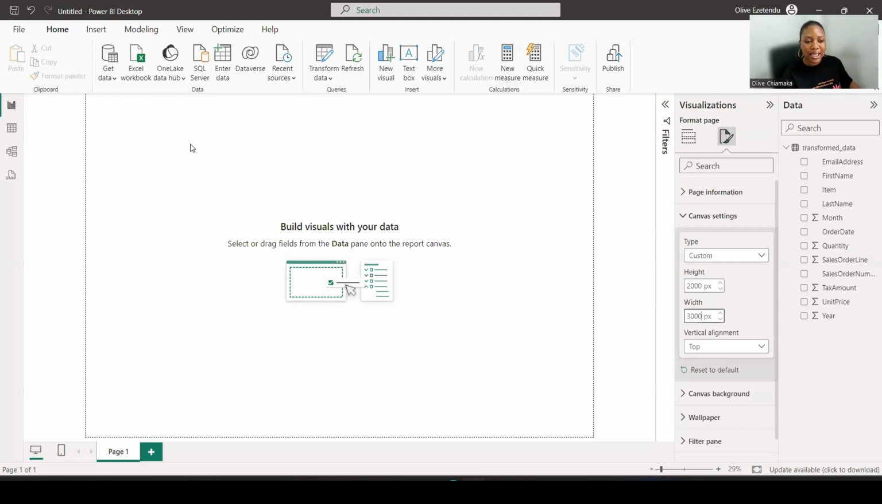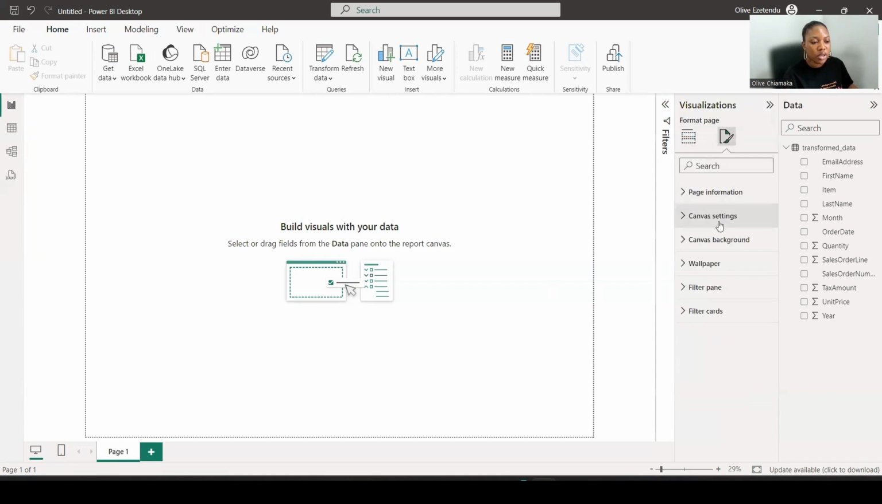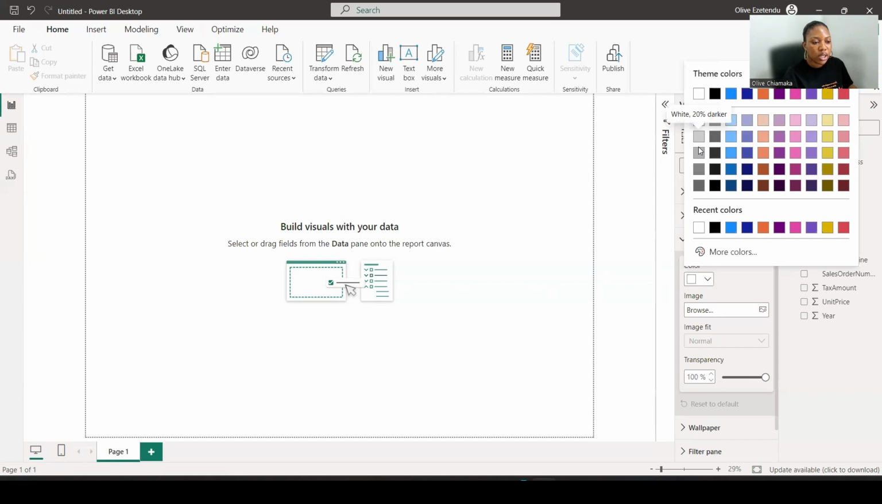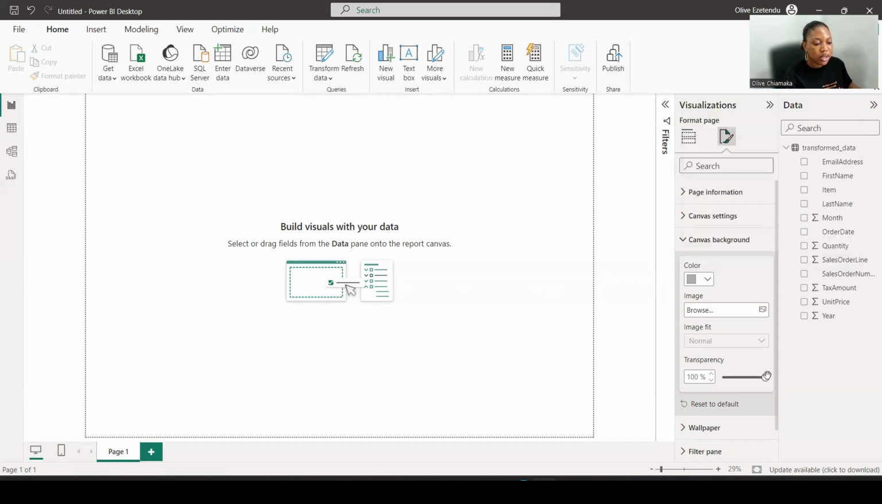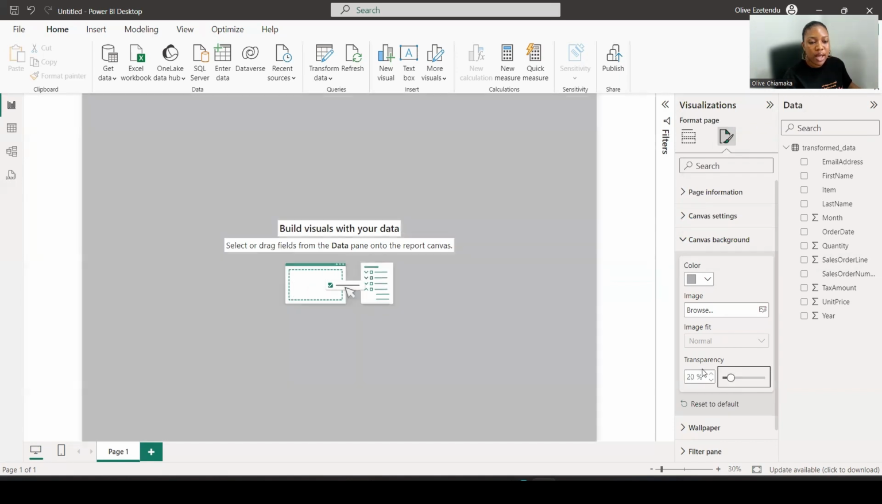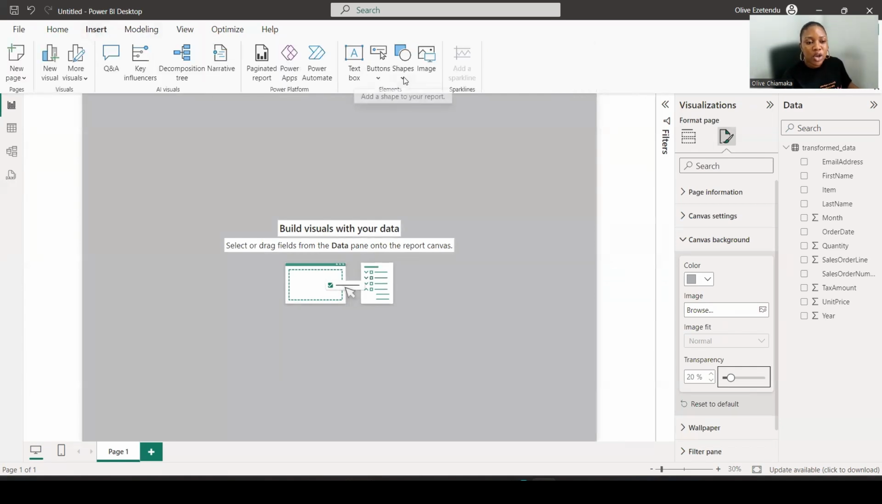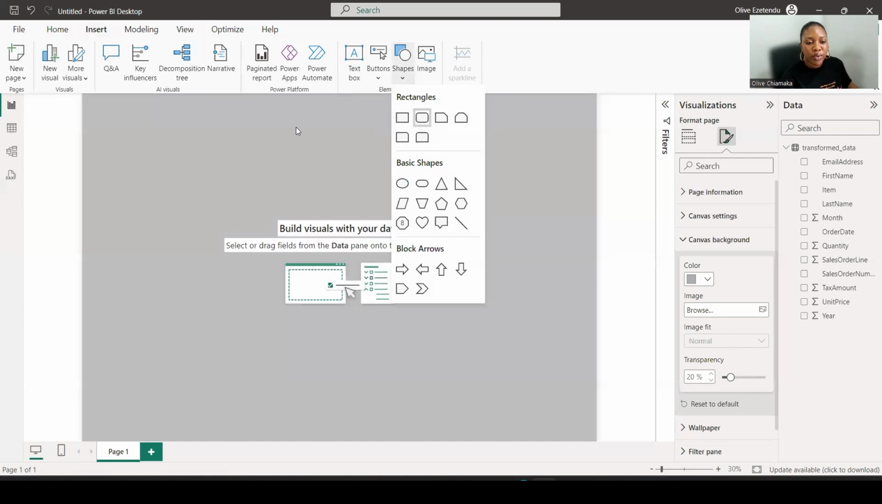The next thing I want to do is to change the background color. For our background color, we're just going to come here, come to Canvas background, and we're going to get this color. Let me just put this in. We're going to reduce the transparency to say 20, and this is the color that we have. So the next thing is to come to insert, go get a rounded rectangle,